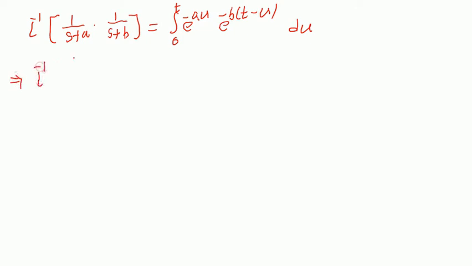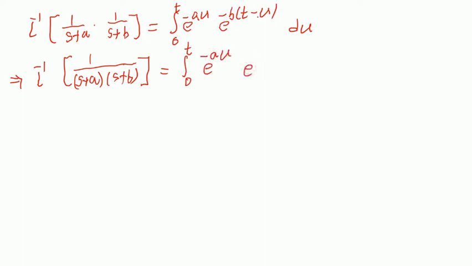So this implies L inverse of 1 by s plus a into s plus b equal to integral 0 to t e power minus au into e power, what happened? E power minus bt plus bu into du. So this is equal to integral 0 to t